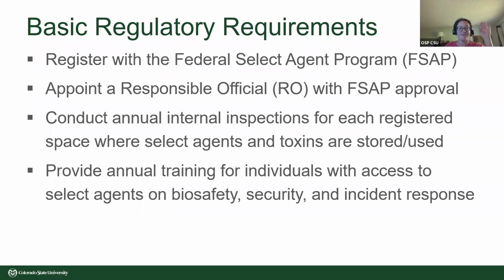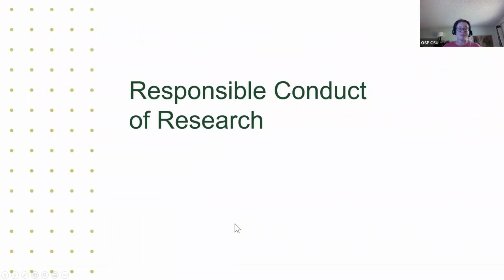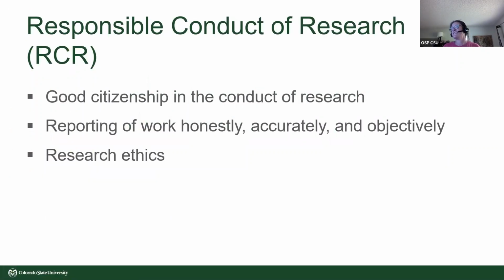Okay, we're doing good. We have 30 minutes to get through RCR and COI, and we've already covered COI quite a bit in detail in other slides. So I'm going to hit it at a high level, and then we're going to end with export controls, if you all are still awake at that point. Okay, responsible conduct of research, RCR. The interesting thing here is that RCR training is for trainees, typically your undergraduate students, graduate students, and postdocs. It's interesting that your investigators don't have to undergo RCR, where in my opinion, all investigators should.